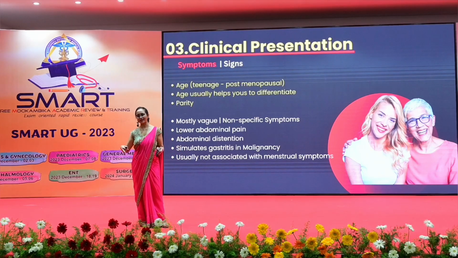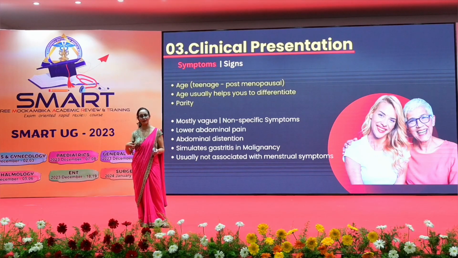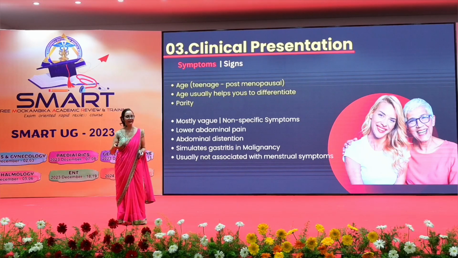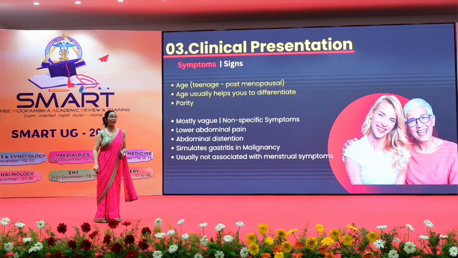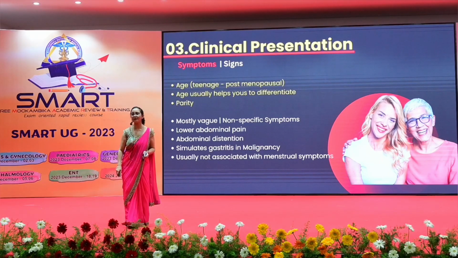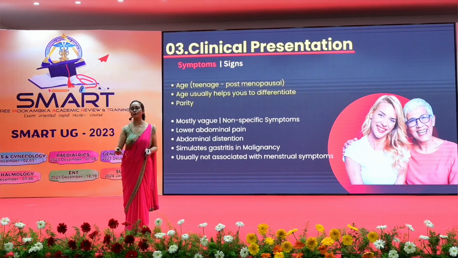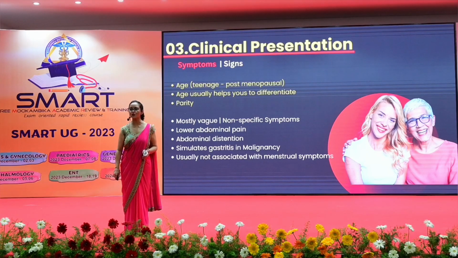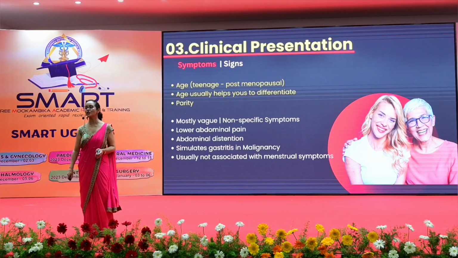Some tumors or some cysts might present with benign abdominal distension, abdominal pain, but hardly any menstrual disturbances, and malignancy. The problem with ovarian malignancy, especially if it is an epithelial type, what we were talking about, is that it mimics which problem? It mimics gastritis. The patient will have just the feeling of nausea, vomiting, early satiety, post-meal distension, that's it.